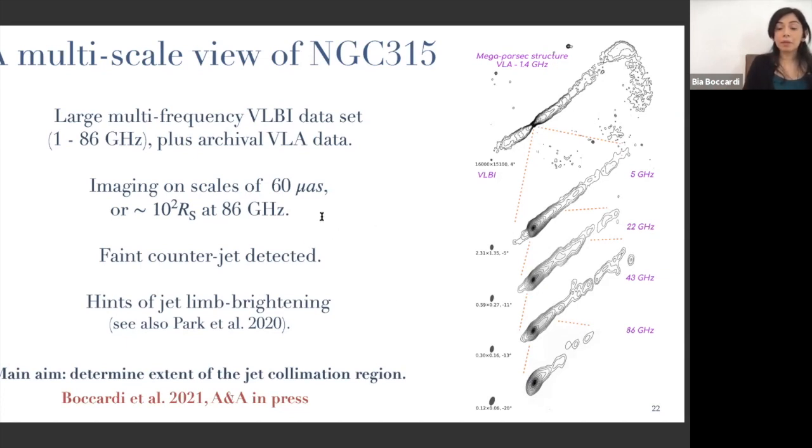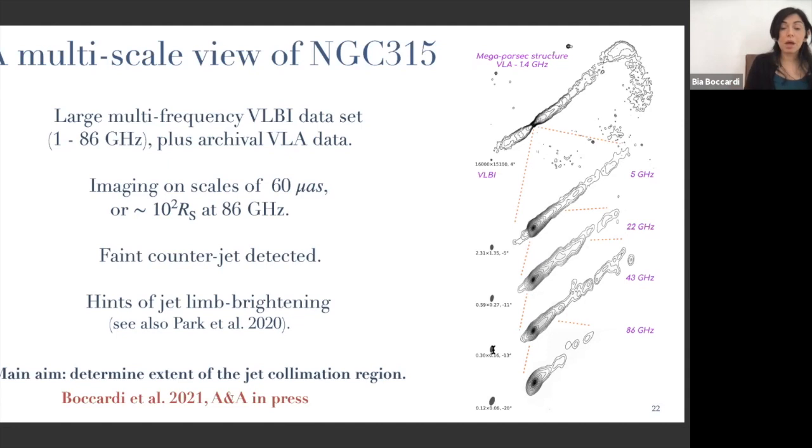And at 86 gigahertz, basically, we were able to image this source on a scale down to 60 microarcseconds, which corresponds to about 10^2 Schwarzschild radii. So this is at present the second best resolved source after M87. It shows a faint counterjet at all frequencies, and also some hints of a brightening, which cannot really be seen in these images, because typically we are not able to recover the full cross-section in a single epoch, but a detailed analysis shows that there may be a rim brightening like in the previous sources which I